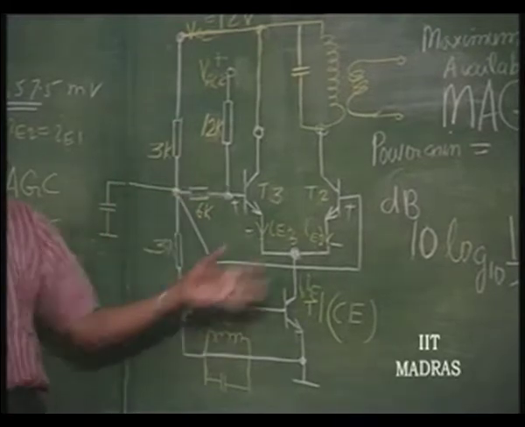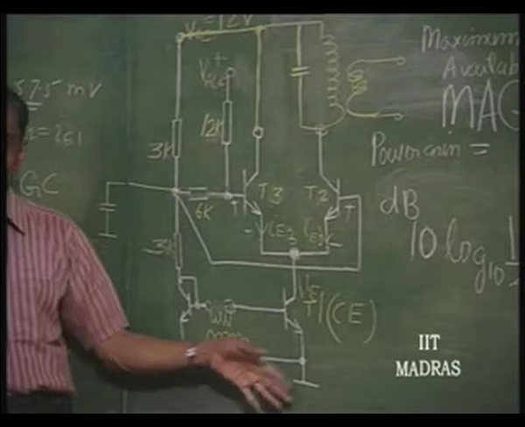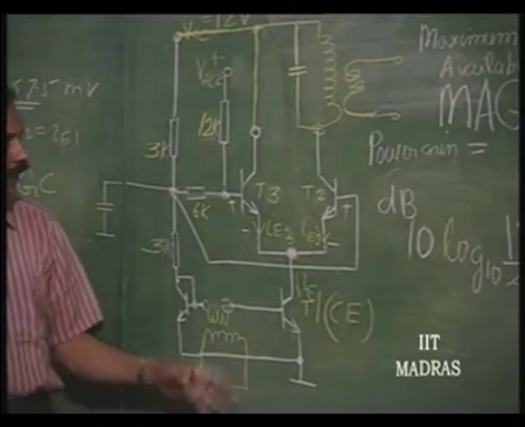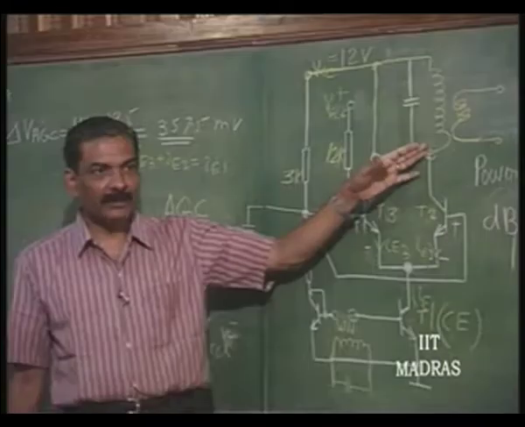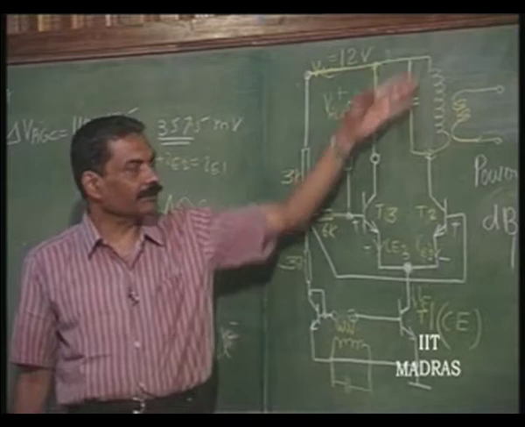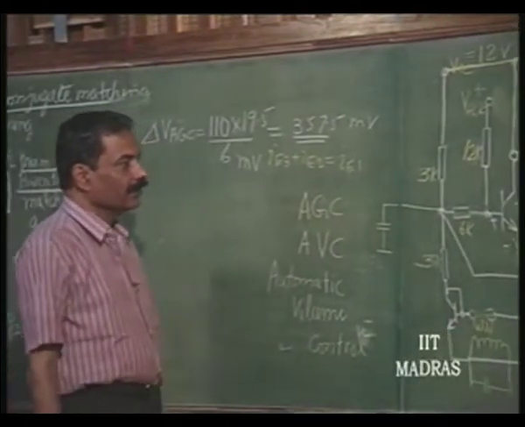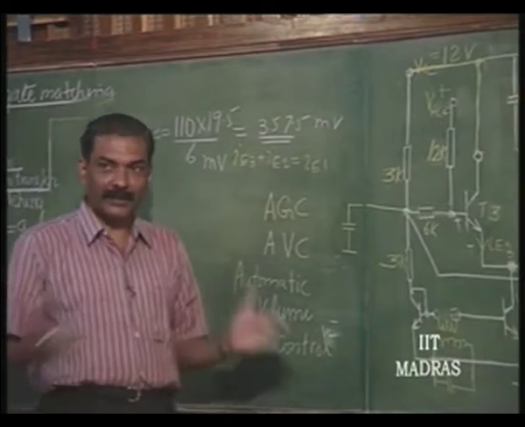Whereas, here this current remains constant as the AGC voltage changes, and therefore, the parameters y11 and y21 never change, okay, and y22 also does not change here, okay, because this reverse bias voltage does not change because of the coil here. So, this is a very nice structure for a mixer stage or an RF stage or an AF stage,